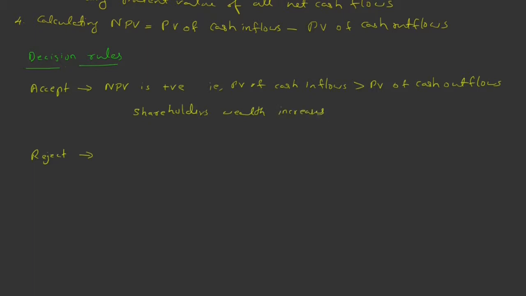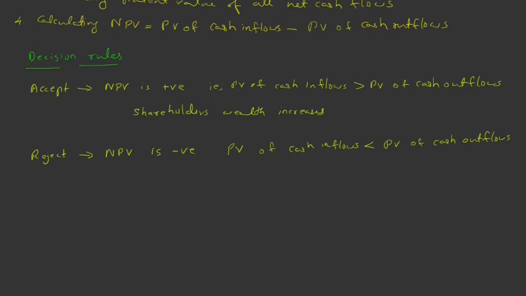So in this case, that is, when net present value is positive, that project will be accepted. And when it will be rejected, it is just the opposite. That is, NPV is negative. That is, present value of cash inflows is less than present value of cash outflows. So in this case, shareholders' wealth will decrease. There will be a loss in shareholders' wealth as the present value of cash inflows is less than present value